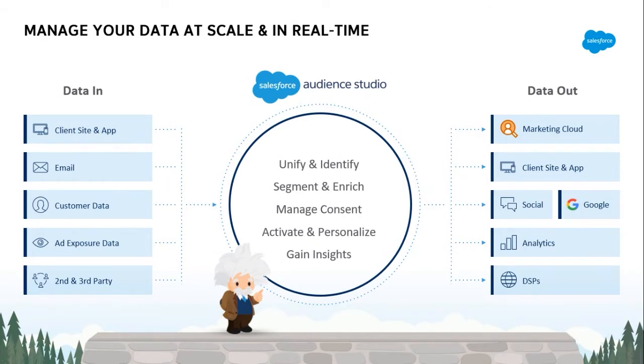So all this data in properties can get collated together and ingested inside the platform, which is called Salesforce Audience Studio, which is nothing but a Salesforce DMP. Once that data is there inside the platform, what are the different activities that Audience Studio allows us to do? The activities are unification of data and identifying people behind those devices, because more often than not, we are collecting data from the devices, but we are reaching out to people. So Audience Studio allows us to take that very specific step of identifying people behind those devices.